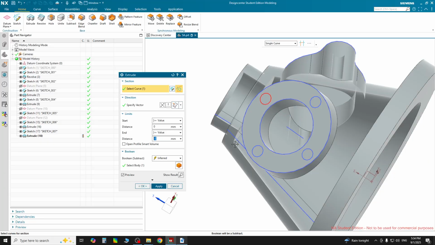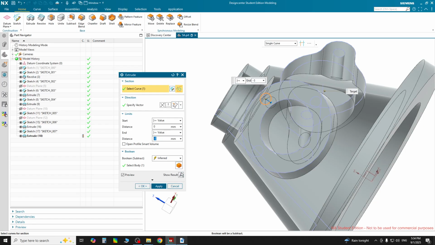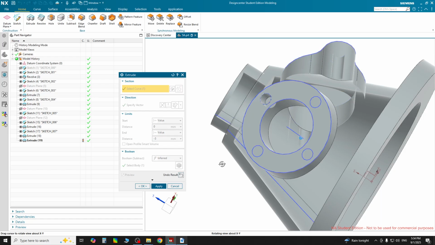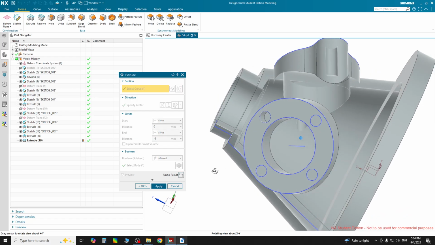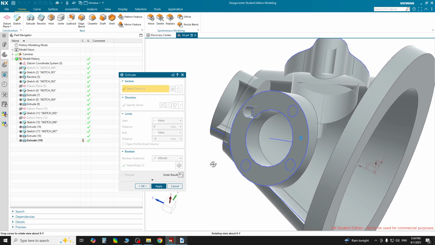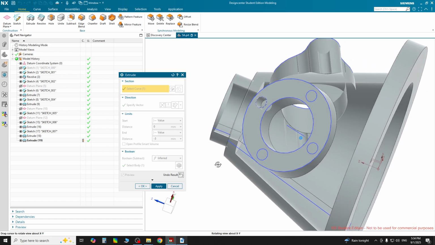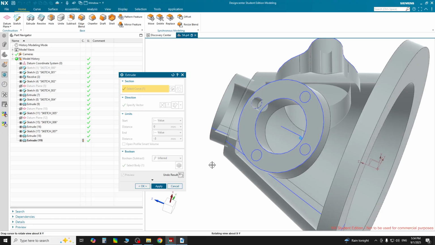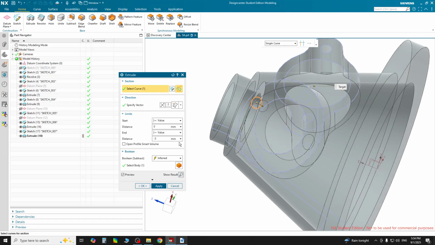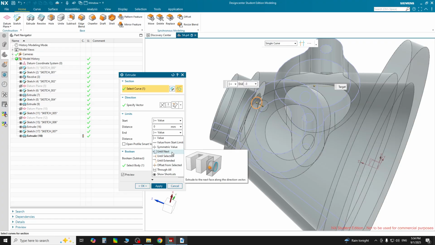Select this curve, show the result with infrared mode. So in infrared mode, we have to select the end option. Select until next, and select